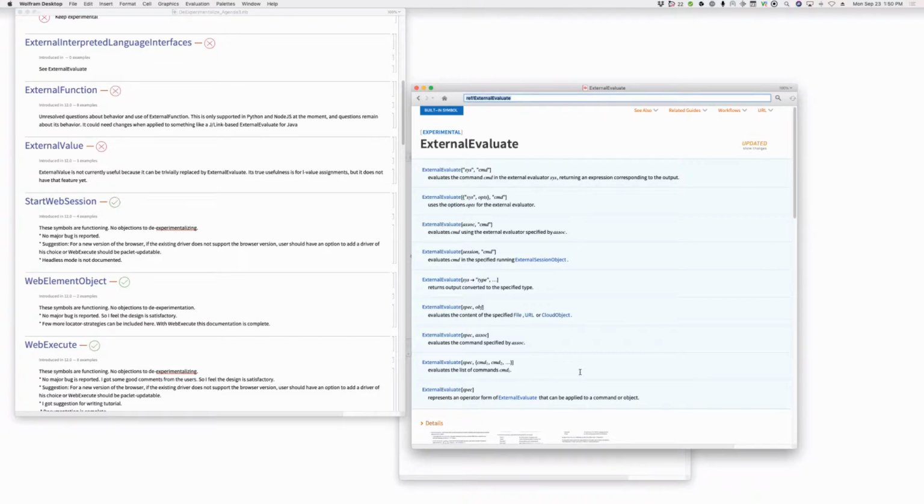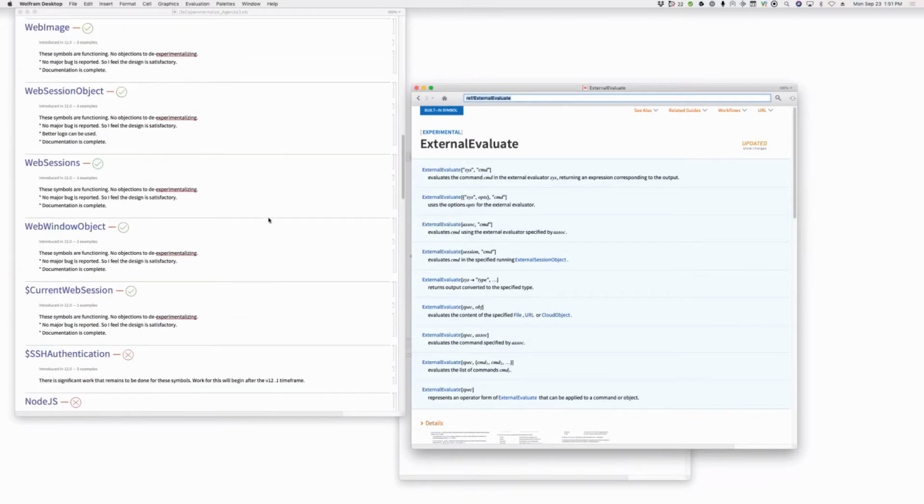Well, I think one issue is, external function and external object both are not supported by a lot of languages. It's not clear if they're designed correctly, and especially it's not clear how eventually we'll integrate external evaluate with JLink, for example. And I think until we've seen RLink and JLink, how they integrate with external evaluate, it's going to be hard to get the design for these things right. Yeah, I think external value, external object, these are all kind of complicated. Yes. Right. And so we thought we'd just treat the whole suite and leave it as experimental instead of trying to pick and choose a few functions that we can de-experimentalize.